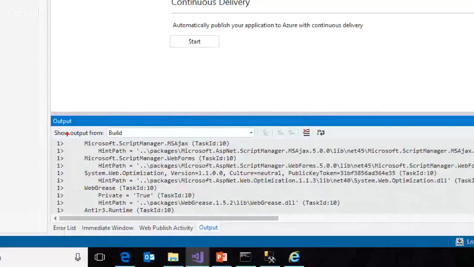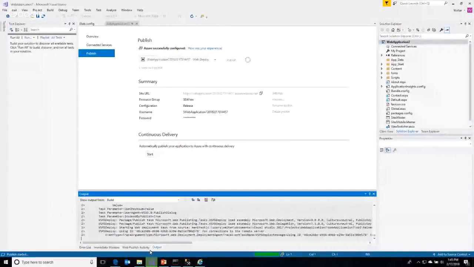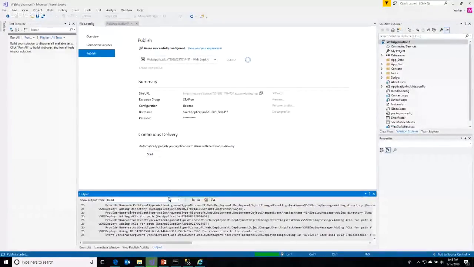As you can see from here at the bottom, I'm actually starting to compile all the things, and it will deploy to the server just behind the background. There you go.